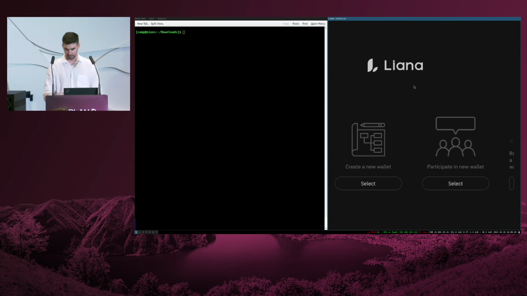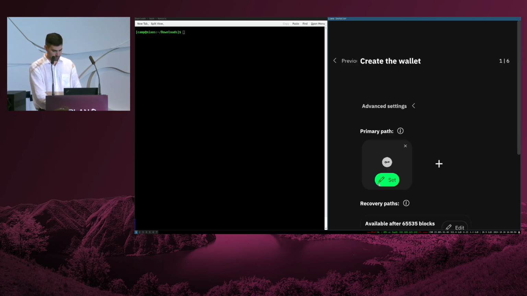Okay, this is how it looks. That's the interface. I'm sorry that I don't have the latest version of Liana. This is version 5. There is a more recent one, which is 7, and the reason is that I'm on NixOS, and on NixOS the latest available version is 5. So if you decide to do it on your own, you will probably have a slightly different interface on your machines. Okay, let's create a simple wallet.